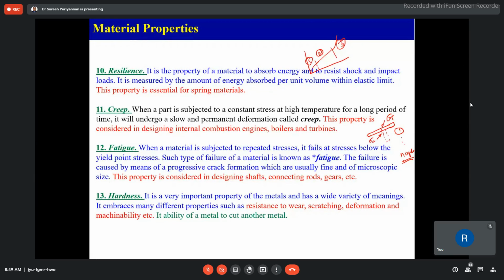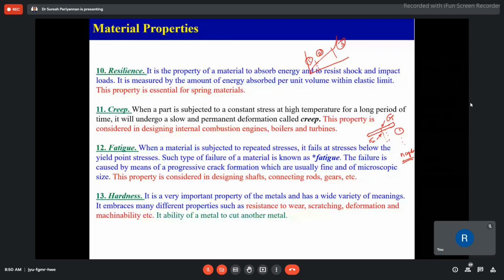For example, if we have mild steel material that we would like to cut, we would like to perform a facing operation. We would like to reduce the dimensions of a mild steel rod or bar with the help of a lathe machine. Then our tool is much harder than mild steel while performing the machining operations. Hence, the tool steel must be harder than the material being machined. For example, for mild steel we may go for an HSS tool bit. For some harder material we can go for a diamond tip for machining and cutting operations, right?